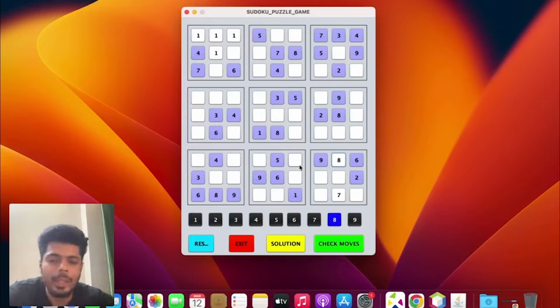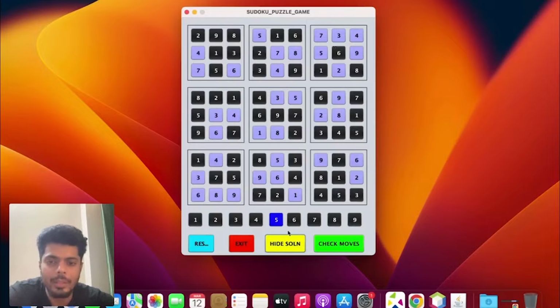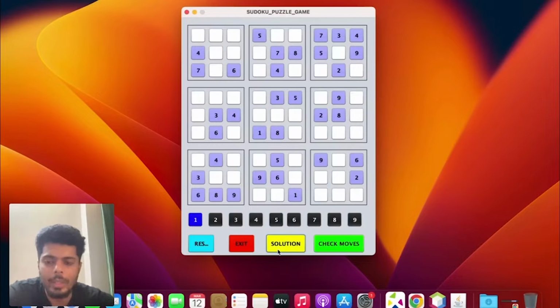Of course, these are going to be buttons again, because I want them to be selected on click. And when I select them, accordingly I have to fill it inside these grids. So I hope you get an idea that we need buttons here also. No doubt about it.